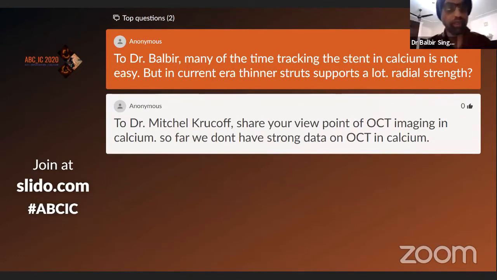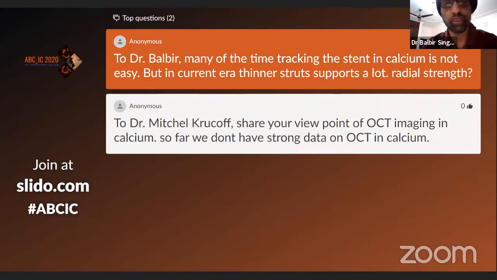Okay, so first thing is that the majority of the stents now available are thin struts. So some people have gone down to 64. So the fact is that when one stent has been compared to another stent, most of the studies have excluded heavy calcific lesions. So they have taken simple lesions. So how one will behave against another in a calcific lesion is very difficult to assess. But I would like to choose a stent which has high radial strength.